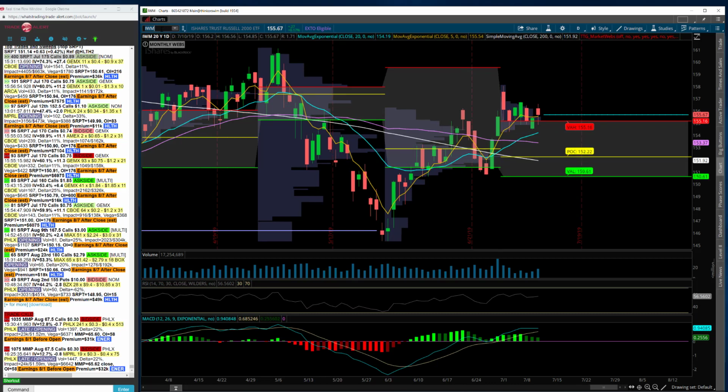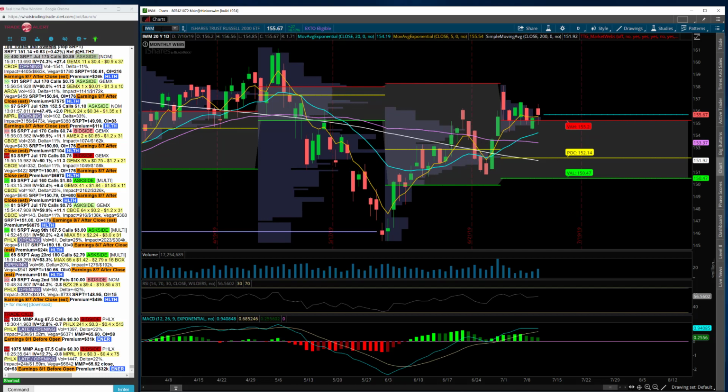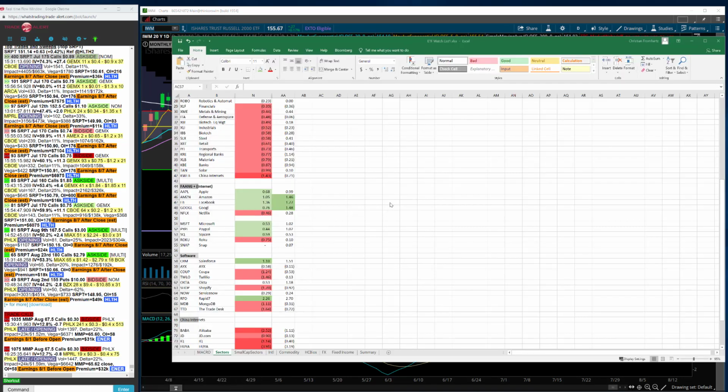I mentioned that they did briefly touch red at some point around 10 or 11 o'clock this morning. And then the bulls stepped back in after Powell was done with about half of his testimony at Congress today. So, movers today. I'll talk a little bit about what transpired here for the day